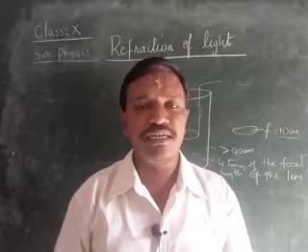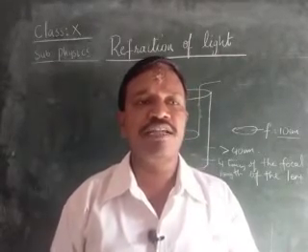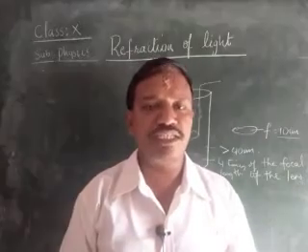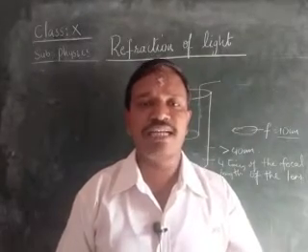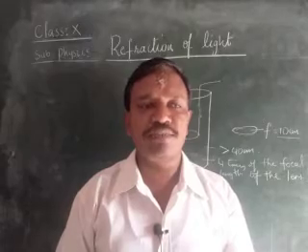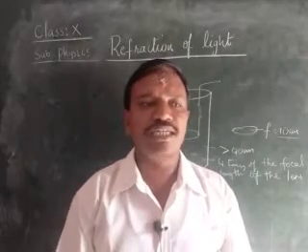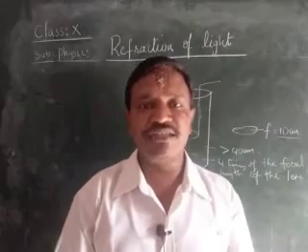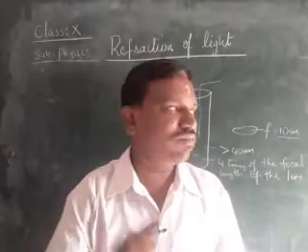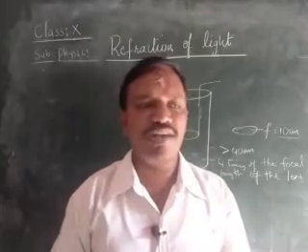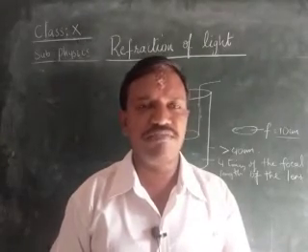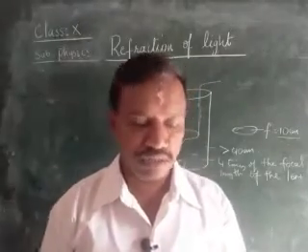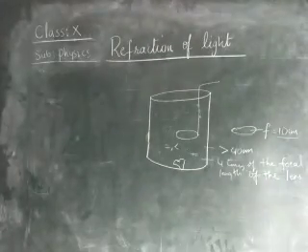They will ask whether the focal length of a lens depends on the surrounding medium. Explain an activity to show that the focal length of a lens depends on the surrounding medium. Or they may ask whether the focal length of a lens increases or decreases in the water. The focal length of the lens increases in the water, children.